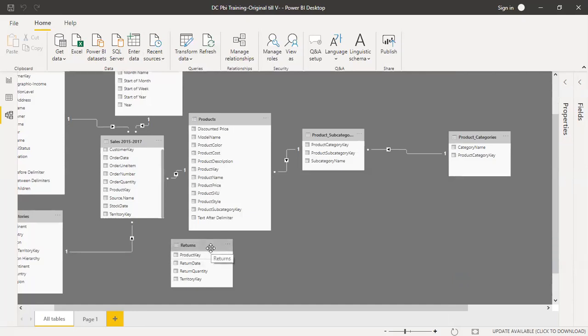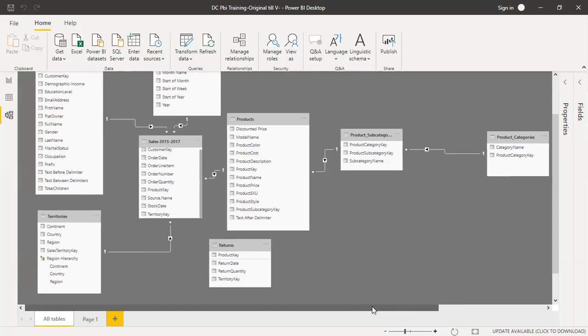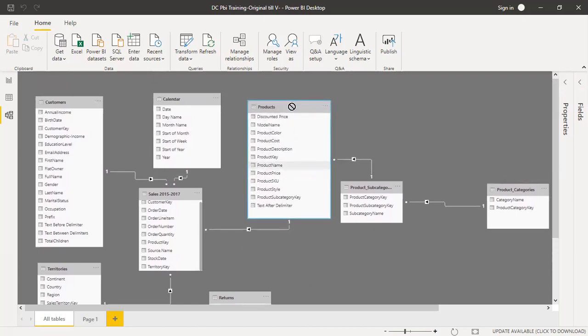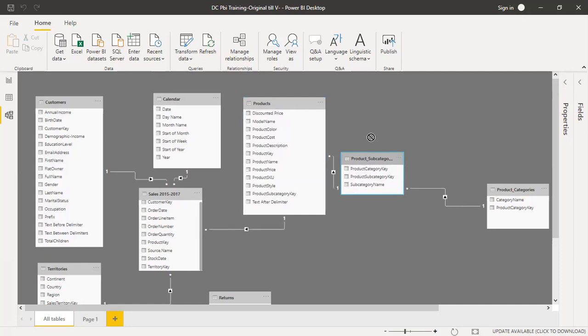Rule number one. Rule number two is do not connect your fact with another fact. This is your data table, right? This table is this table. We are calling it fact and dimension. So don't connect your fact with another fact. Now, what we have to do is pull the data from our existing data model. But before doing that, let us create some space.